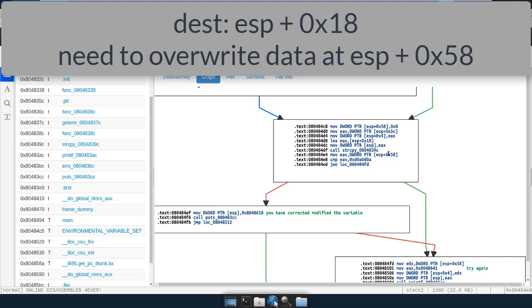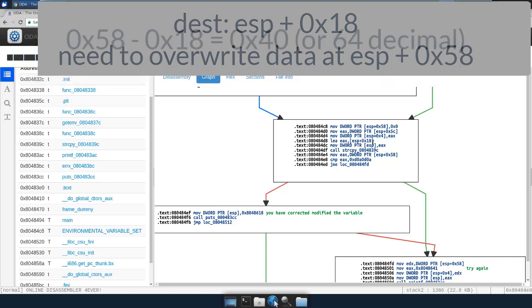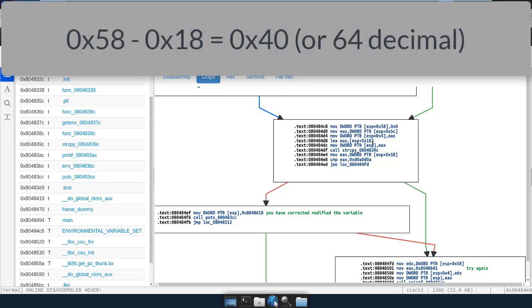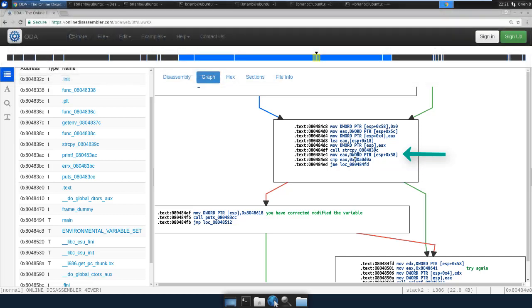Well, that's easy. You just subtract, because both are relative to ESP. 58 minus 18 is hex 40, which is 64 bytes. So 64 bytes will get us to this address, ESP plus 58,